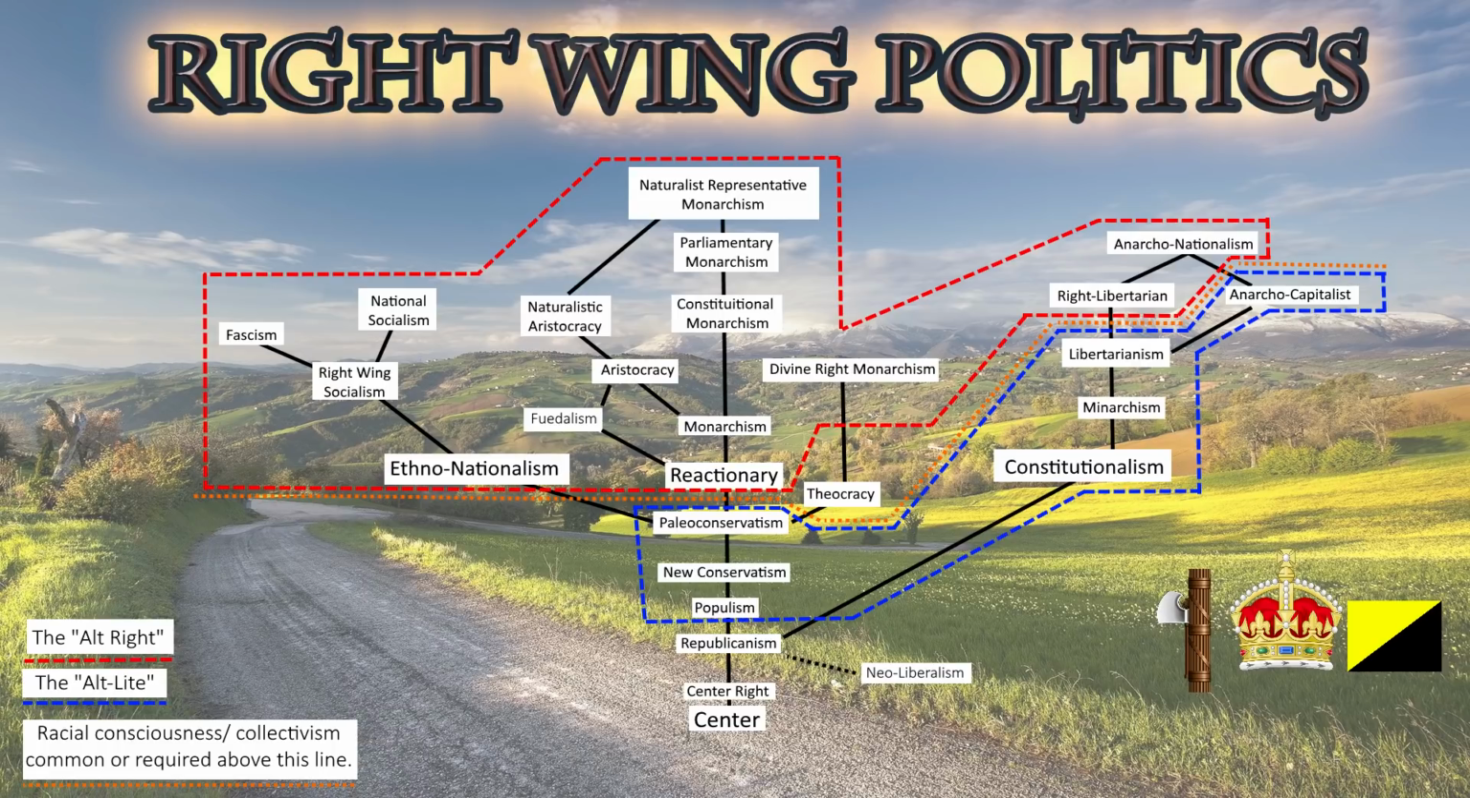And if you take that to its extreme, if you reject any form of government, you become an anarcho-nationalist. So let's take it back to the paleo-cons. And if we look at paleo-conservatism and we move to the right, we hit theocracy. Now, theocracy is an interesting perspective because while it is common for there to be a racial consciousness within theocracy,